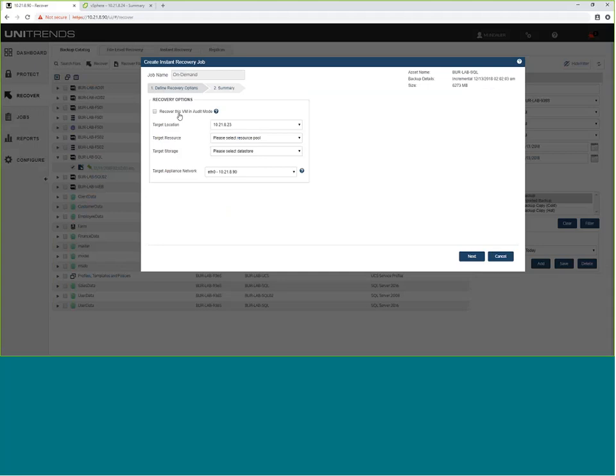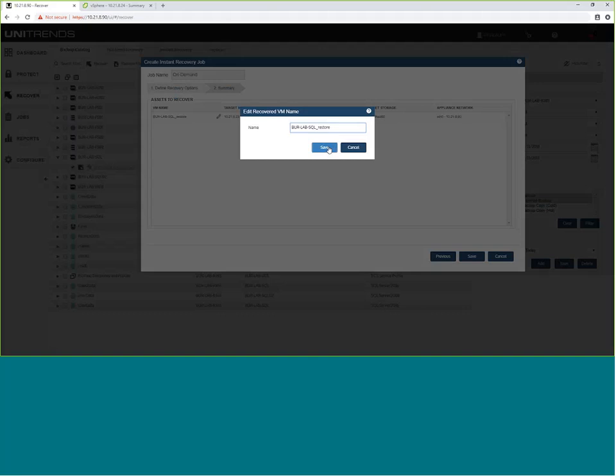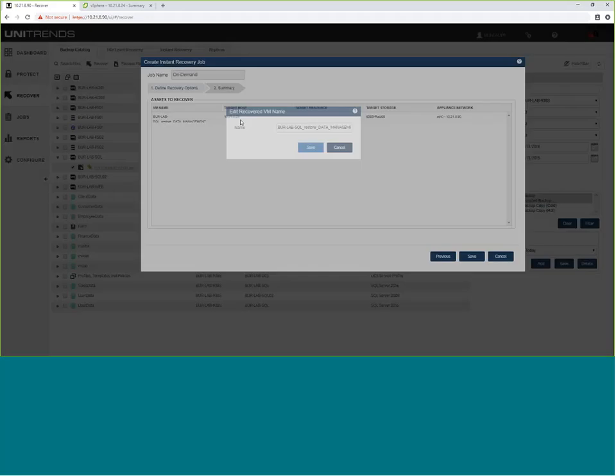So you can see here, we'll do this in audit mode. We'll do a live restore just to show how quickly this is done. We don't have to rebuild the whole machine before turning it on. It's a great way of transforming instead of having to rebuild. So choose the datastore. Audit mode just means this machine is going to restore with the NIC disconnected, so it's not going to replace the original machine. And then we can change the name. Data management demo, so we're all on the same page, is going to restore to host 23.